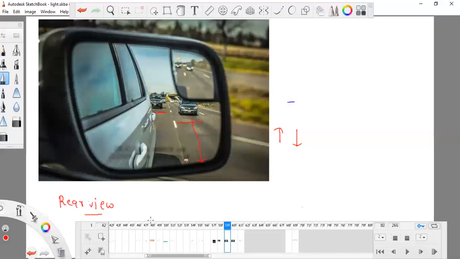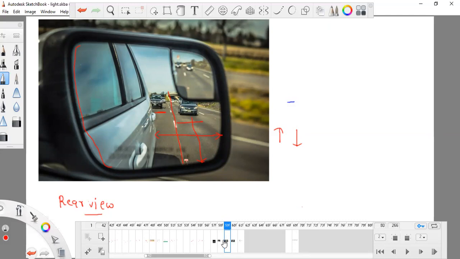Sometimes you can see this thing in our glasses. Sometimes we use sunglasses and we can see the scene. The entire area, the long distance consumed by this road, and this high area, all comes in this glass. So this glass provides us a very good view of the field, what is taking place behind us. It helps us a lot.